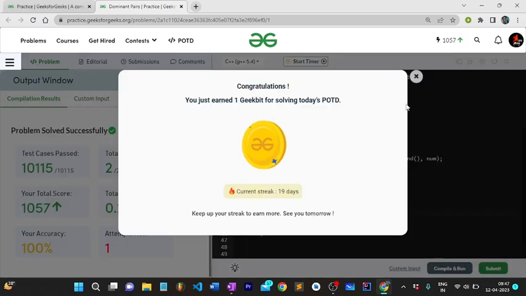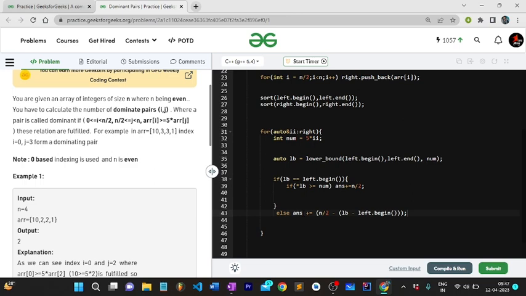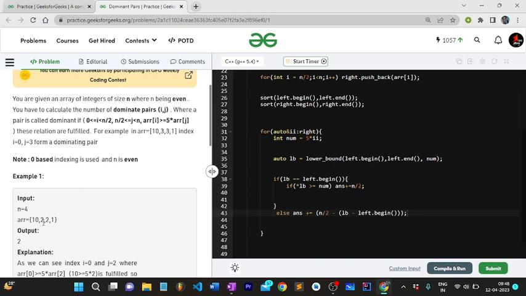Okay, problem solved successfully. So I hope you guys got the point of how we can use binary search here, and what the intuition behind the binary search is. Because our search space was sorted, we are claiming that if I found any number in the left array which is greater than 5 times the array element on the right side, then all the elements from that point on in the left array should be satisfying the condition. So this is how we can use binary search.